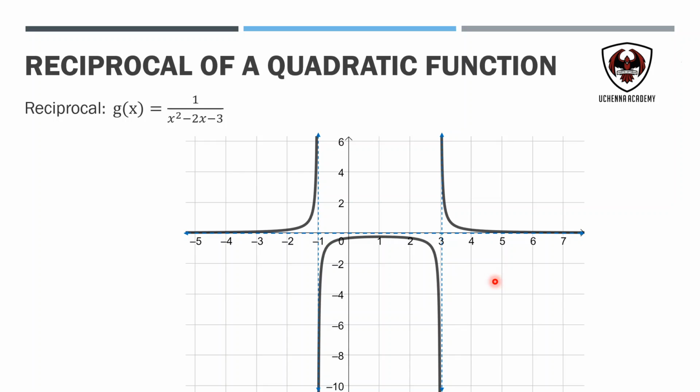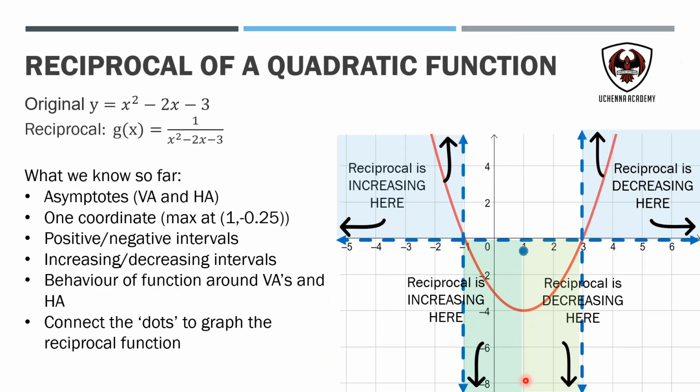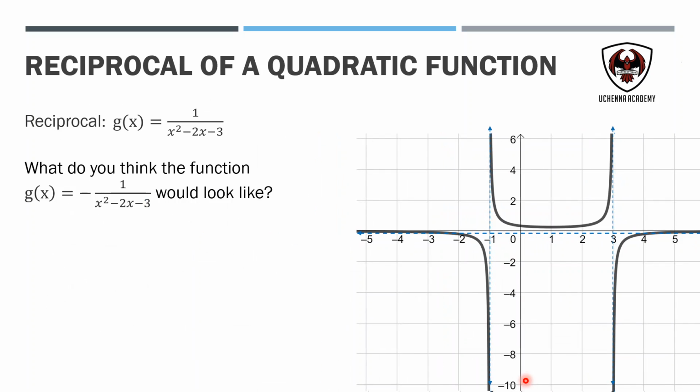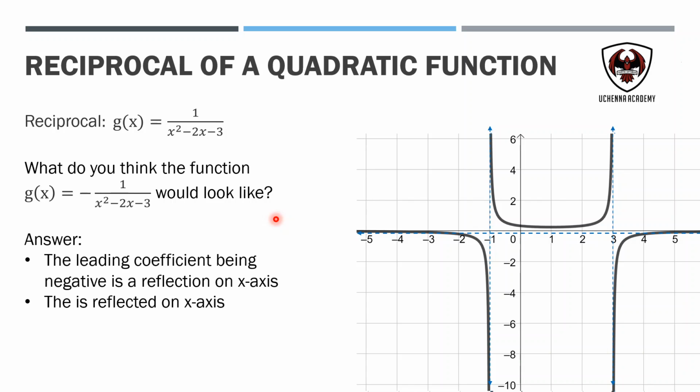Here is what the Desmos graph will sketch instead of my chicken scratch here. Not so beautiful, but very accurate still. Now the question for you is, what do you think the function negative 1 over x squared minus 2x minus 3 would look like? And I hope that you can recognize that the